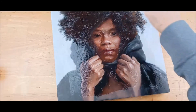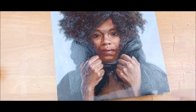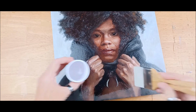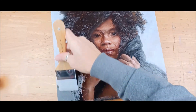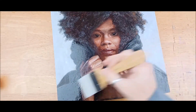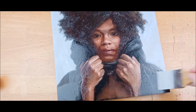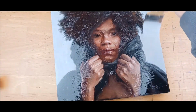This sets up a lot faster than the GamVar does, and I can feel it already getting a little bit tacky towards the center. So you want to move pretty quick. Get to all your edges. Sometimes I go diagonal across the edges and then brush off with a straight stroke. Another thing that I should mention is this smells a lot more